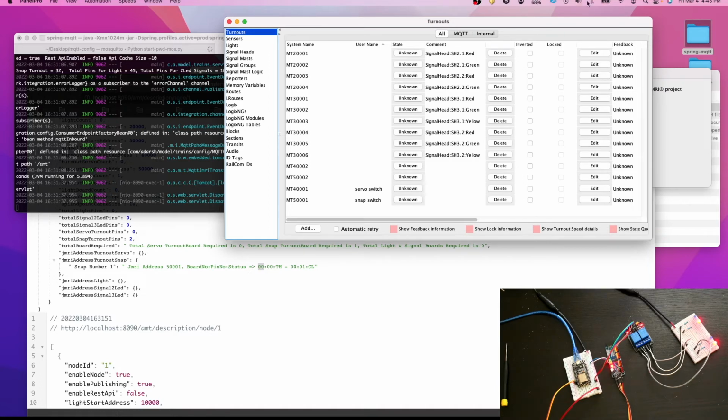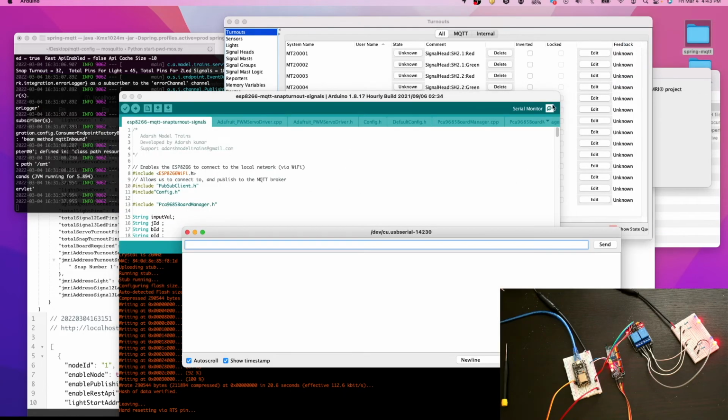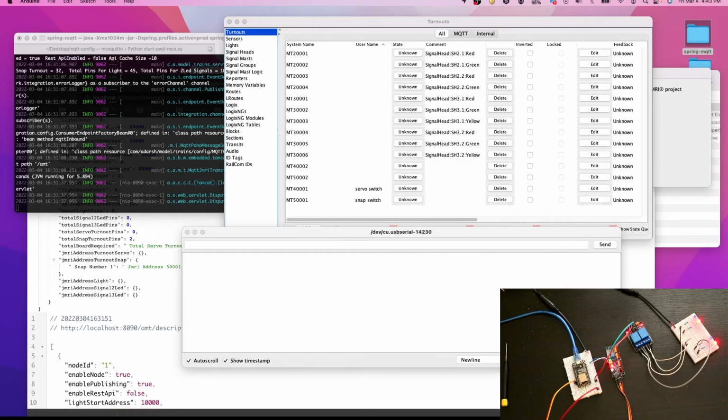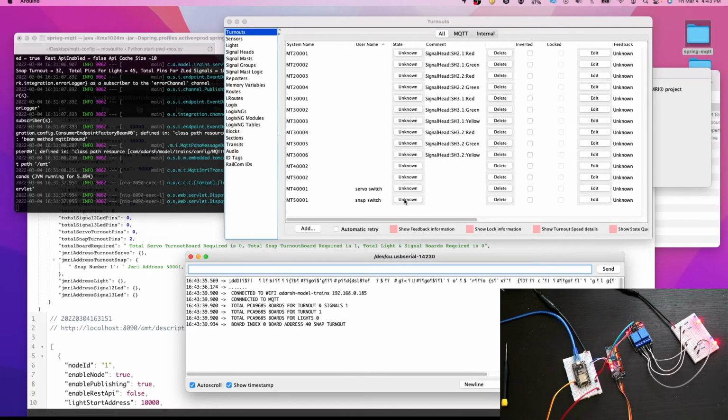Before that, we have to ensure that we are on the right network, so we'll change the network and open the serial monitor here. We will refresh this so that it connects to MQTT. Here, see, connected to Wi-Fi and connected to MQTT server, and all those details are the same. Now we will test the implementation.